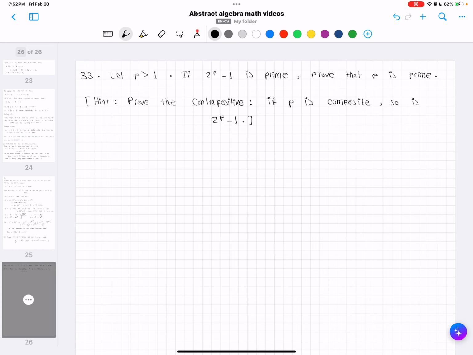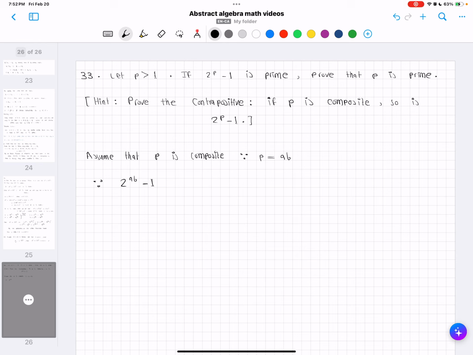So we'll prove the contrapositive. So assume that P is composite. So that means that P is A times B. So therefore, you have 2^(AB)